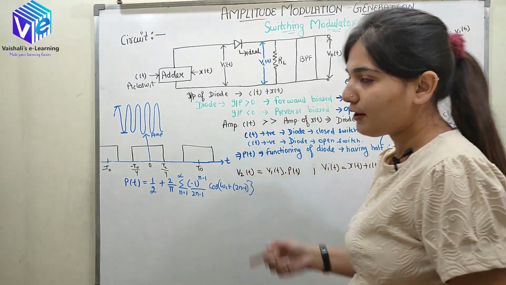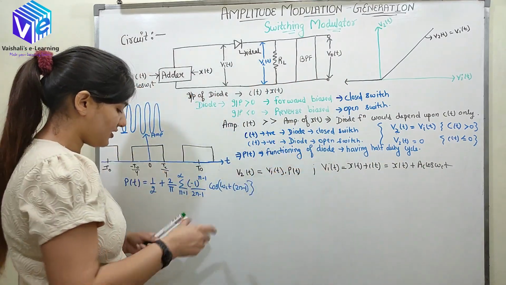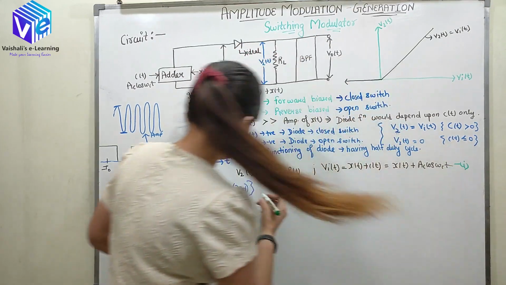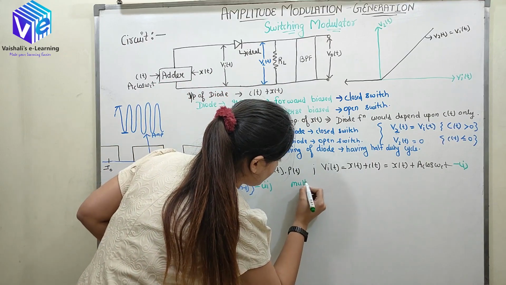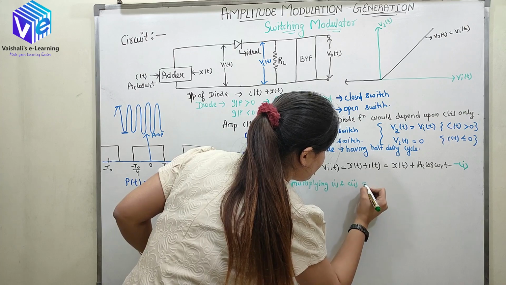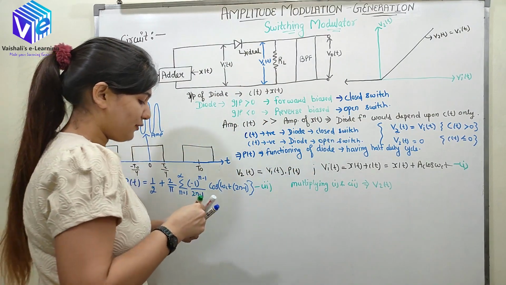So I need to find out V2T. V2T is just the multiplication of this function and this. So I am representing it with equation 1 and this with equation 2. So now multiplying 1 and 2 will give me V2t. So V2t would be,